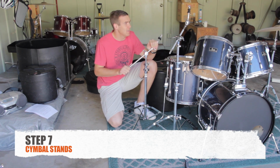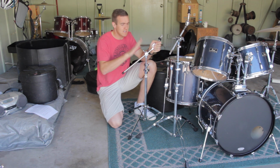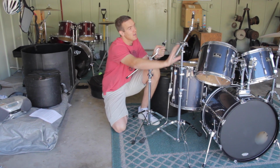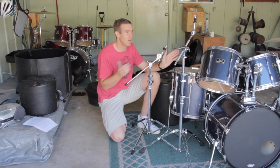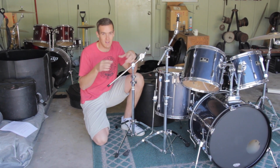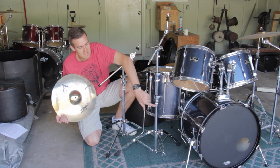So now we're going to start talking about the cymbals and the cymbal stands and how they get set up. We start out on the left hand side and we work our way around to the right hand side. This is called the ride cymbal stand, and you notice that all the cymbal stands are labeled. We start with a 22-inch, we move to an 18-inch, and this is a crash. Then on the other side we have the 16-inch crash, we have the hi-hats which are 14-inch, and then we have a little extension on top of the 16-inch cymbal stand for a splash, and I use the 10-inch splash. There's a few different splashes, but find the one that has 10-inch on top. All the cymbals are labeled, okay? So this one should say crash 18-inch,